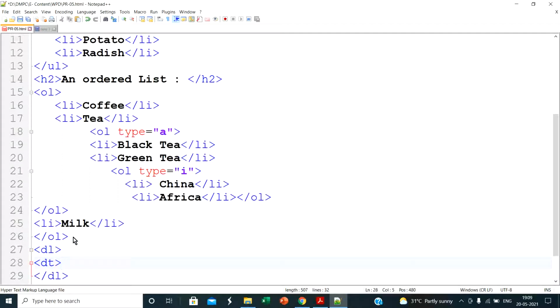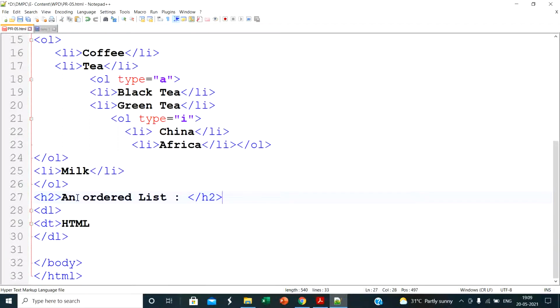Okay, so the first term is HTML. Okay, before that we give one heading after the OL list: here, definition list, type HTML definition list. Okay, save this.